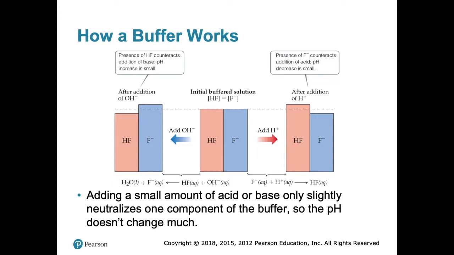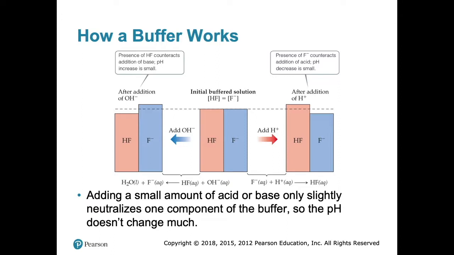I think I've talked about this before, but just to reiterate, your blood has to be an exact pH of 7.4, okay? If it's any higher or any lower than that, you could get really sick. It could kill you, actually. The way that your body maintains that pH of 7.4 is by using what we call the carbonate bicarbonate buffering system, which uses carbonic acid and the carbonate or bicarbonate conjugate base. It goes back and forth, making sure that your pH is 7.4 in your blood all the time.